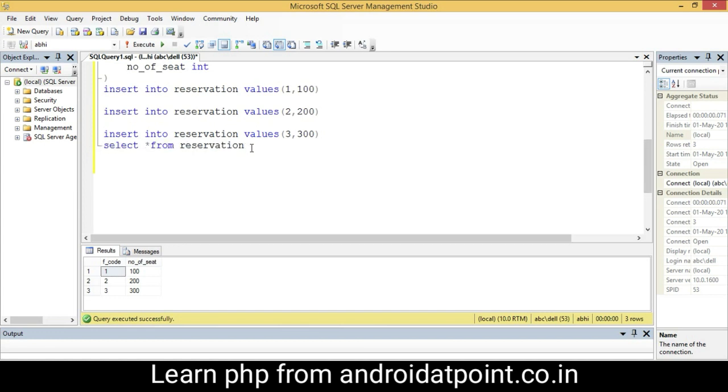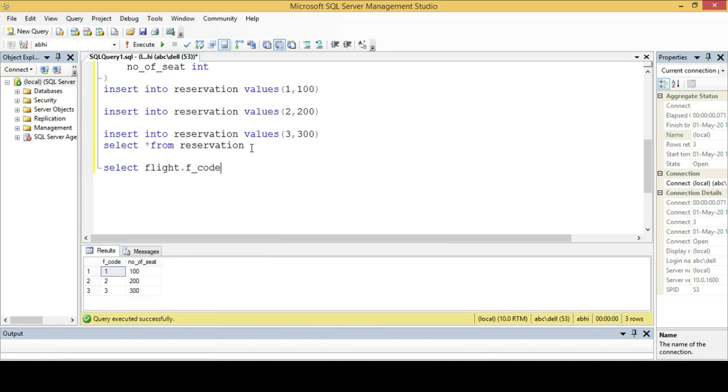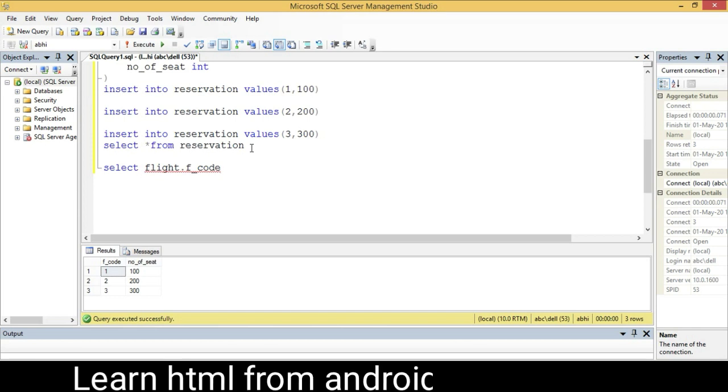Next I need to write the joining query. First of all, I am going to display all the records from the first table and the matching ones from the second table using the left outer join. For this, select the table name flight dot F code, whichever columns you want to display in the query.